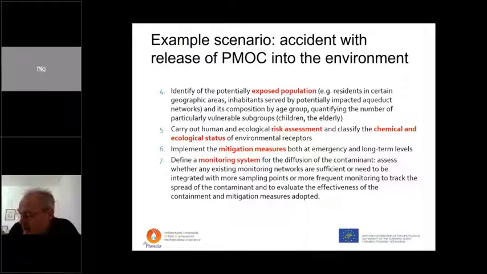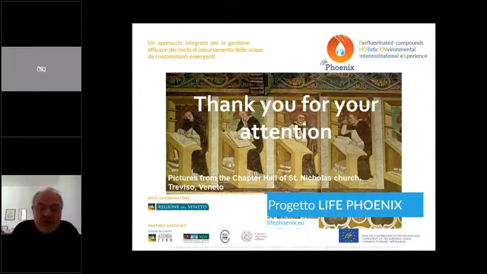The last element to be implemented is the operational and surveillance monitoring plan. It is important to define whether any existing monitoring networks are sufficient or need to be integrated with more sampling points, more frequent monitoring to track the spread of the contaminants and evaluate the effectiveness of the containment and mitigation measures adopted. So this is more or less the big scheme of the management guideline that, as already said, will be